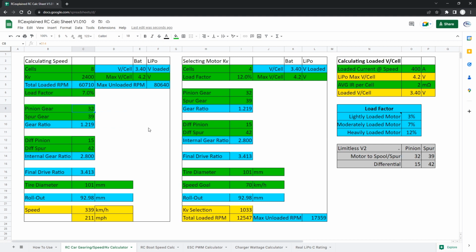Let's say we're going to go down the pinion gear by 5 teeth. We go to a 27 tooth. If we do that, we have to go up by 5 teeth on our spur gear. We go up to a 44 tooth gear, and now we're looking at a more reasonable 157 miles per hour here with our setup. So that's going to be a big difference there,